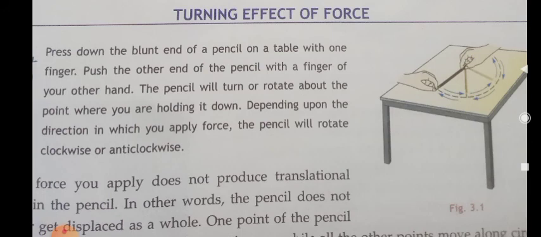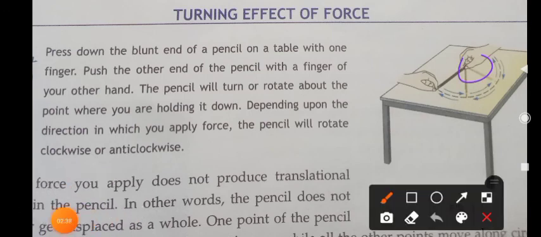So what is the difference between translational motion and rotational motion? Translational motion means linear motion, where every point of a rigid body gets displaced by the same amount, and the object undergoing motion is displaced. But in rotational motion, one point of the rigid body remains fixed and other points move along circles. The fixed point is a pivot and the line passing through this point is the axis of rotation.